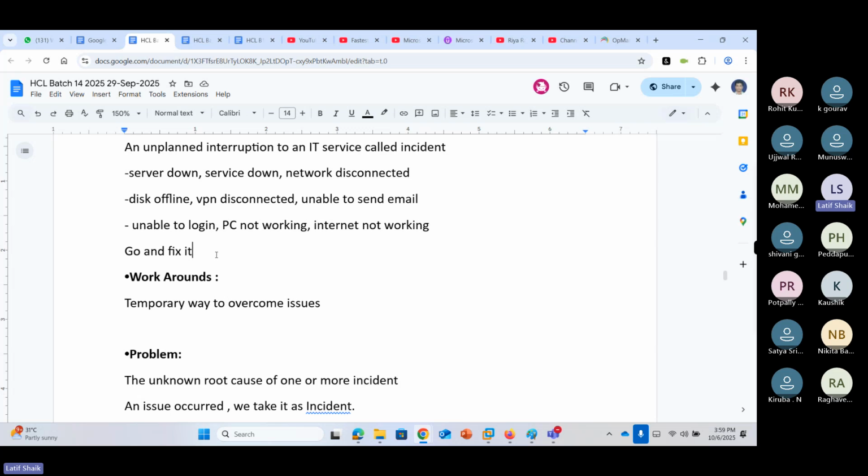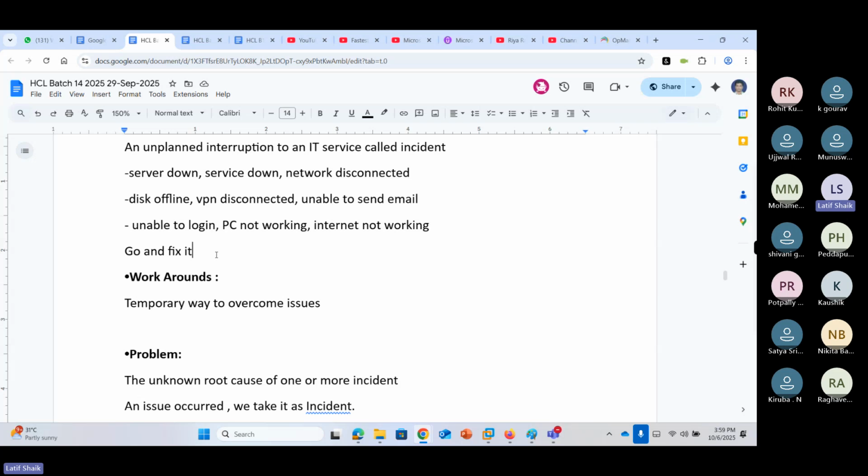In the troubleshooting model, we identify the issue or problem, establish probable causes, test the theory, establish a plan and implement the solution, verify the fix, do preventive measures, and document findings, right? So whenever an issue occurs, we establish the probable causes, and for each cause, what kind of solutions.